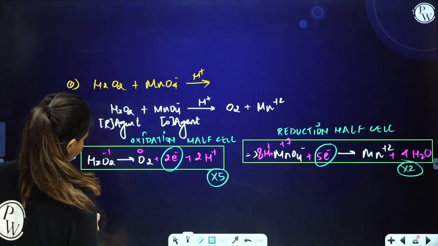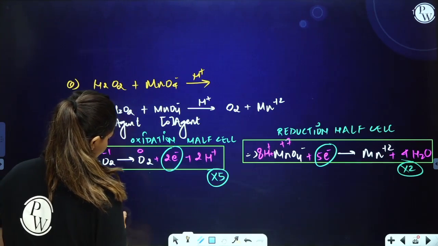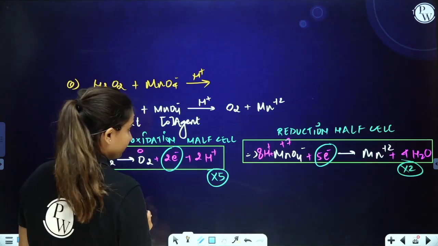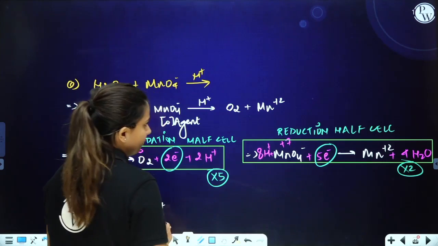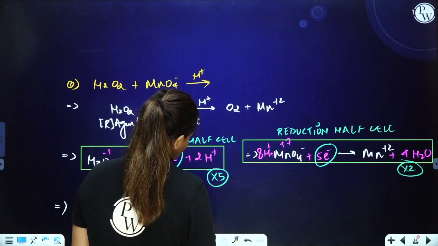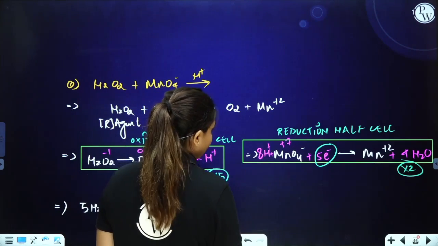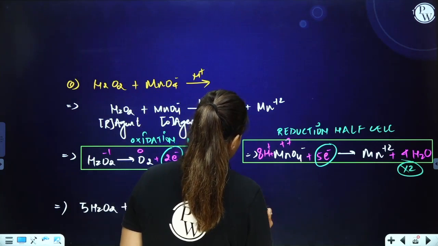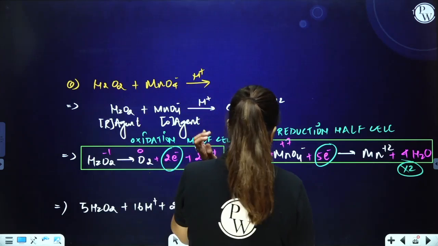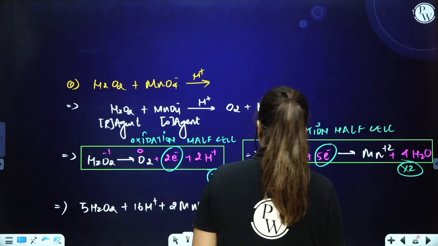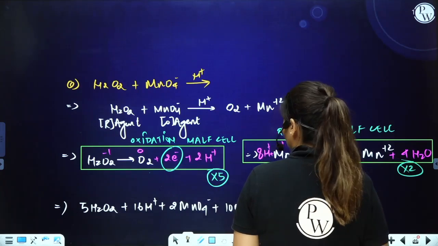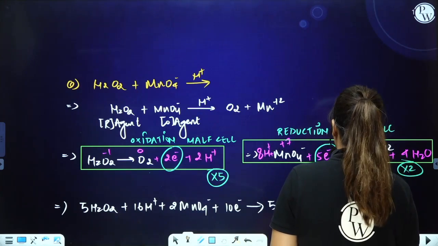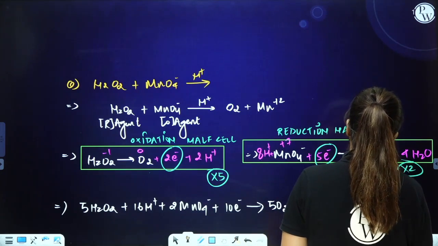So 5H2O2 + 16H+ + 2MnO4- + 10 electrons. Product will be 5O2 + 5 × 2 = 10 electrons + 5 × 2H+, that is 10H+, plus